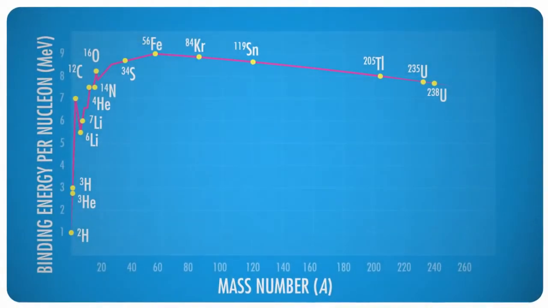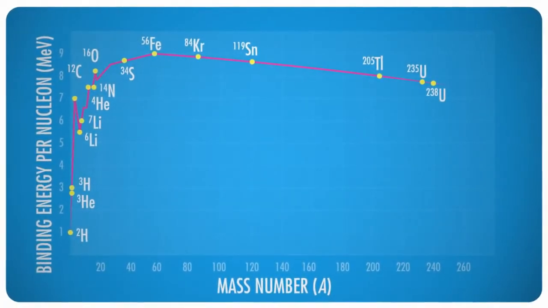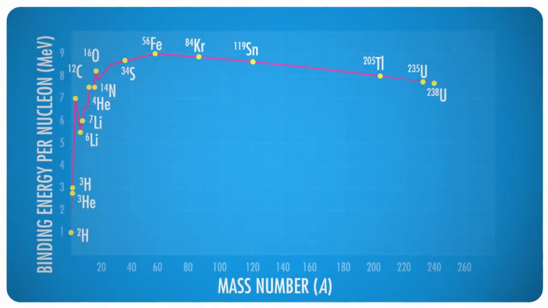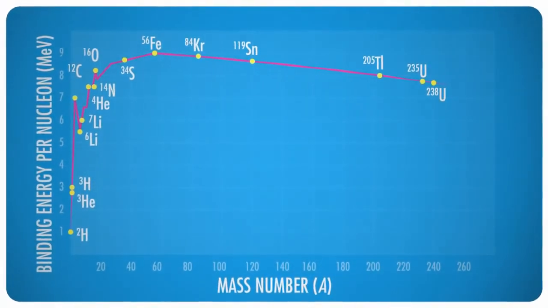If the nucleus is heavier than iron-56, it will tend to break into two or more smaller nuclei, a fission reaction. If it's lighter than iron-56, it will more likely participate in a fusion reaction, joining two nuclei together to form a heavier one. But the most important thing to notice here is that with both fission and fusion, stability increases as a result